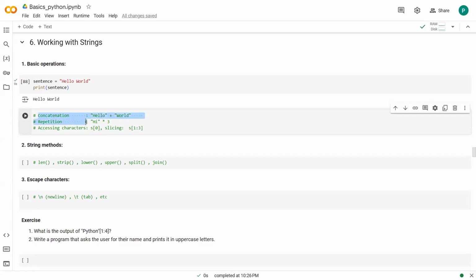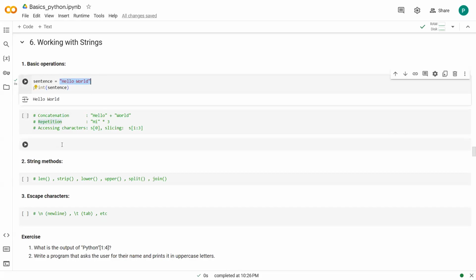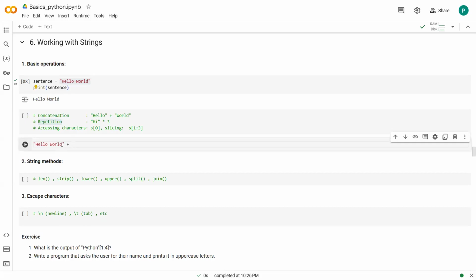It can perform concatenation, "hello" plus "world". It can have repetition, "hi" asterisk 3, and accessing characters. I will show each of them one by one. So for concatenation, let's say I have a sentence already there. I want to add something to hello world. So let's say this is one sentence plus I add hello world